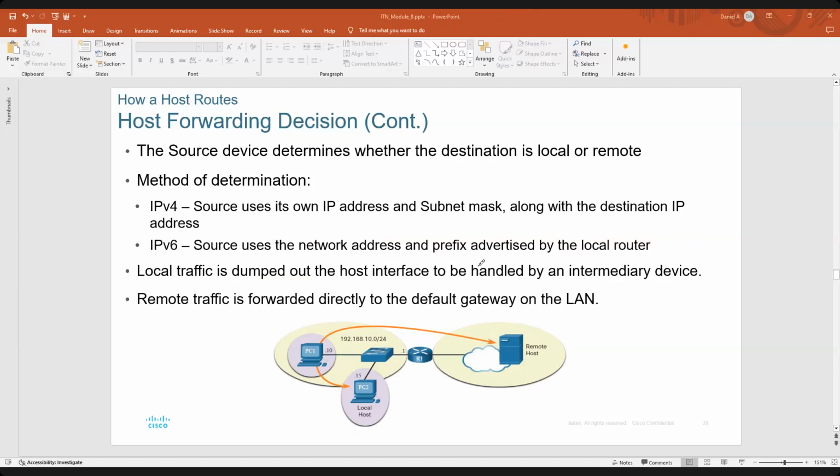So the forward decision, don't forget that the source determines whether the decision is just local or remote, right? How it tries to identify, don't forget that the source uses its own IP and subnet mask with the destination IP address. ስለዚህ እዚህ ጋር ስታዩ የሶርስ IP አድሬሳችን ለምሳሌ 192.168.10.10 ነው የዴስቲኔሽን IP አድሬሳችን ደግሞ 192.168.10.15 ነው ስለዚህ እነዚህ ሰብኔት ማስክ እና ኔትወርክ አድሬሳቸው ማች ካረገ የሶርሱና የዴስቲኔሽኑ at this time we can check that